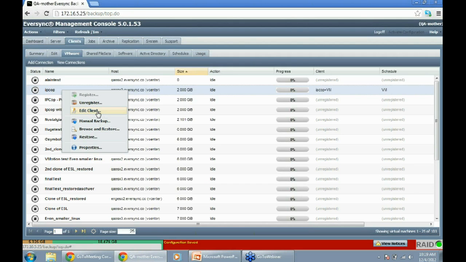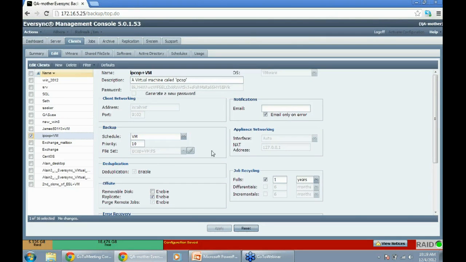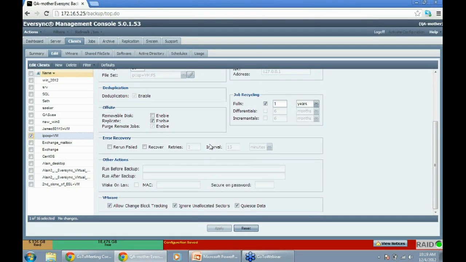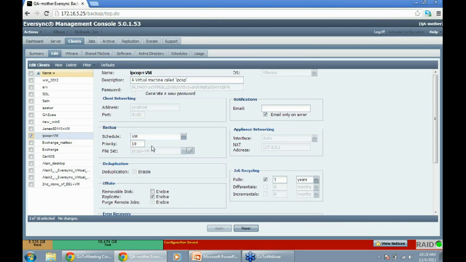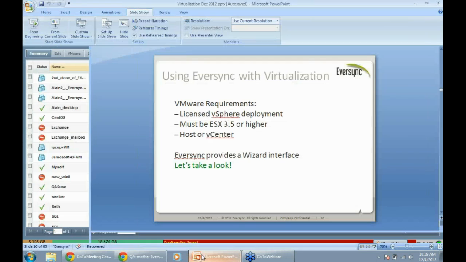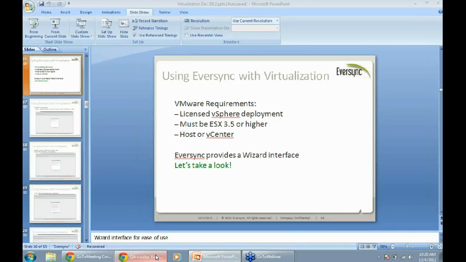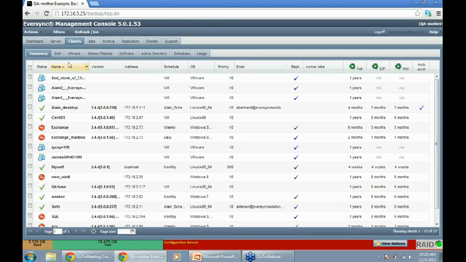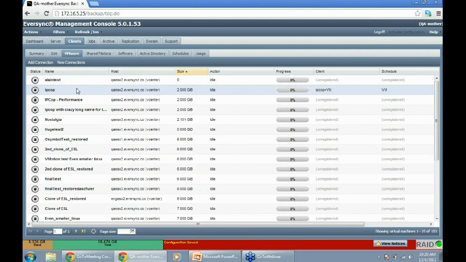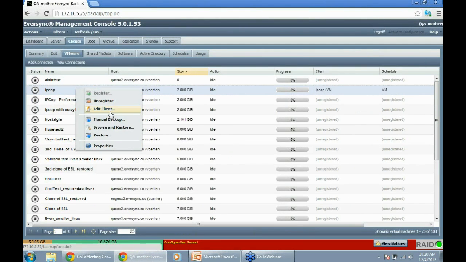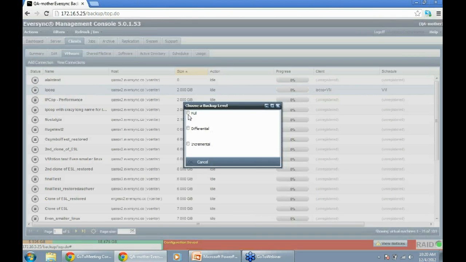Of course, configurable. We can change the schedule off from the default. Decide whether or not to use the change block tracking features, etc. And we can easily get a backup of that if I go back to the right place. Just tell it to bring it back.